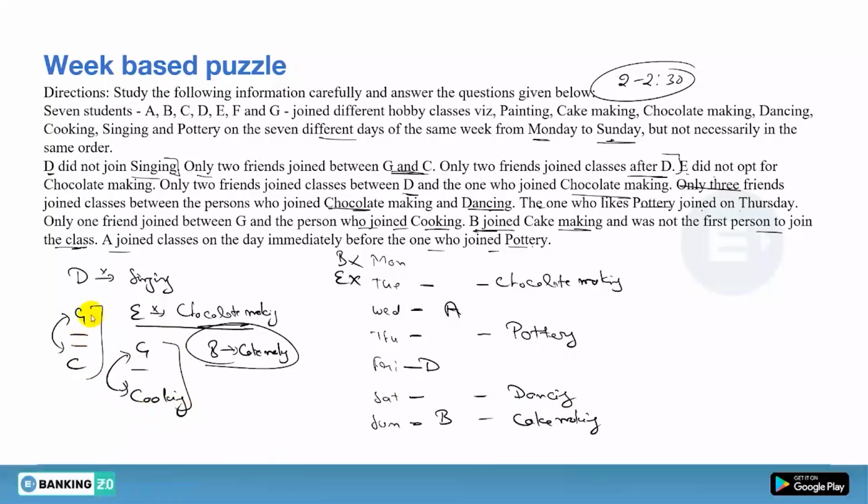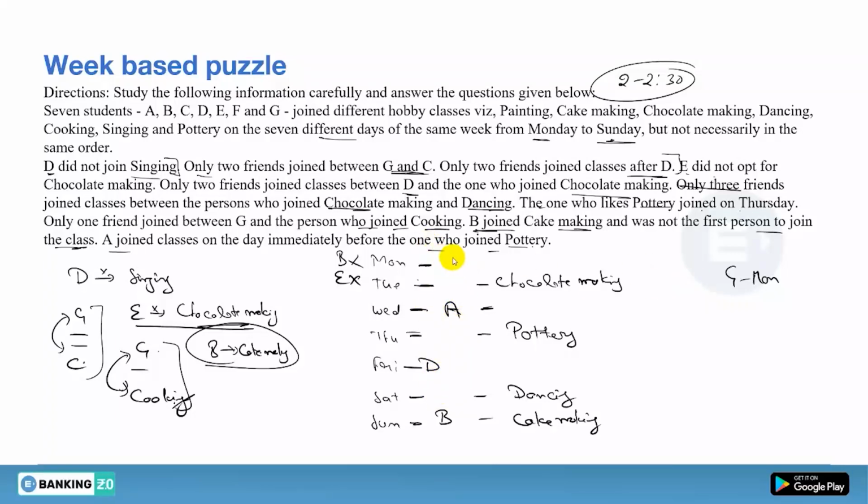See, between G and C there must be 2 persons. So what are the possibilities for G? Suppose you put G on Monday. Leaving 2, C can be on Thursday, and leaving 1, there must be cooking. So if G is on Monday, cooking can be on Wednesday. It is possible. So G can be on Monday. After that, if G is on Tuesday, leaving 2, C can't be on Friday, so this is not possible for G. Now if you put G on Thursday, leaving 1 we need cooking. Leaving 1, cooking can't be here, and leaving 1, cooking can't be here. So there is no possibility for G on Thursday. And if you put G on Saturday, leaving 2, C can't be on Wednesday.